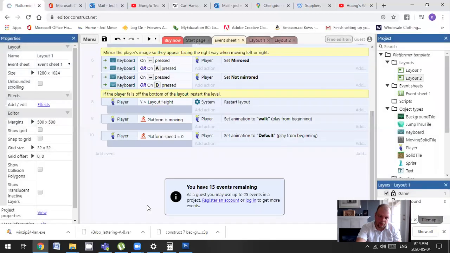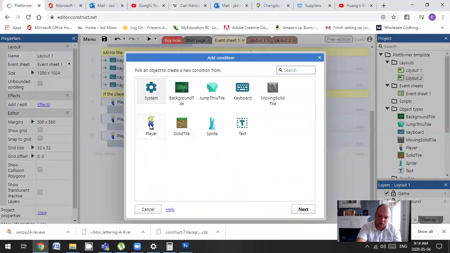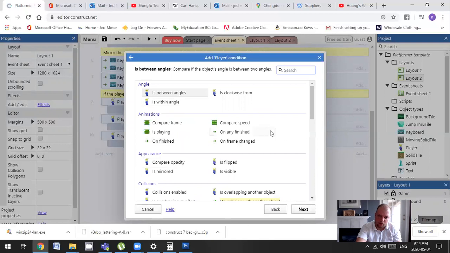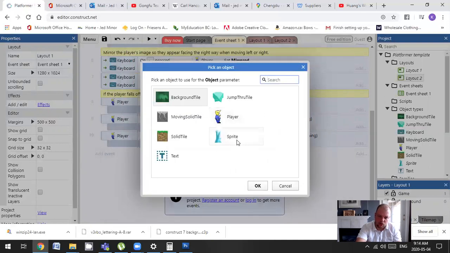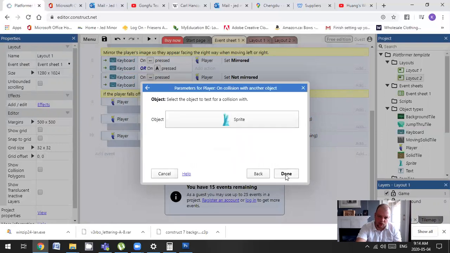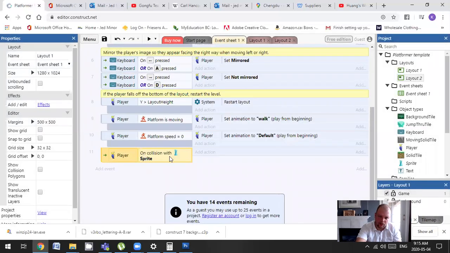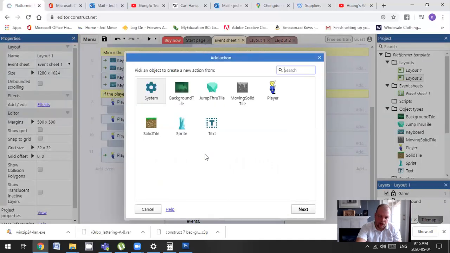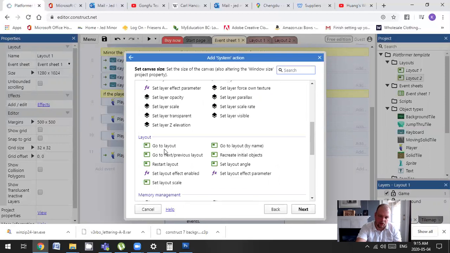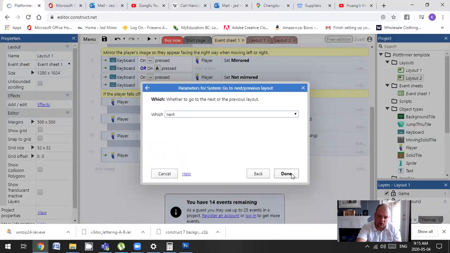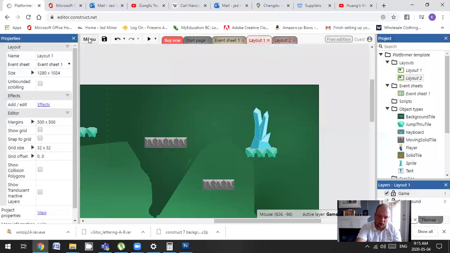Oh no, never mind, sorry. Add event, player, and then for player you go on collision with another object, and you click to choose that sprite. So then player, when it collides with sprite, add action, now you go to system and scroll down to layout and go to next previous layout, click next, and then the default is next, so you can just go done. So then when you go back to layout 1, you should be able to test it